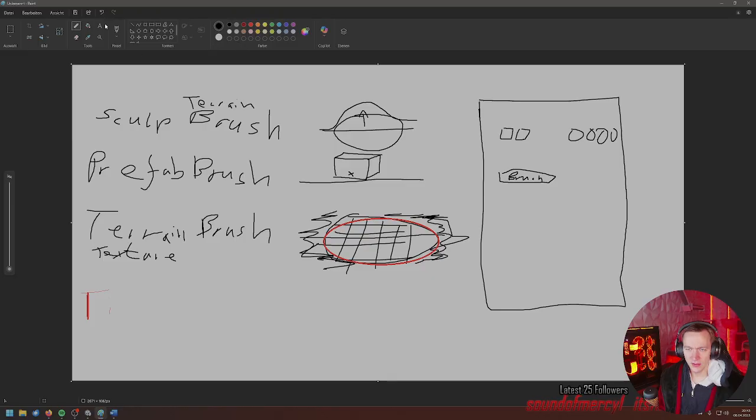Okay, let's go into black again. A tile brush goes in here and does this. It paints tiles.